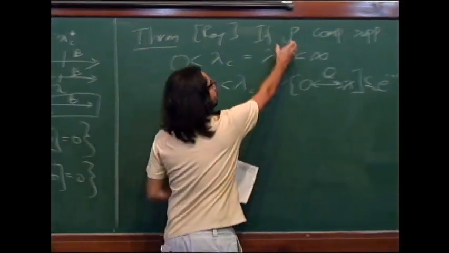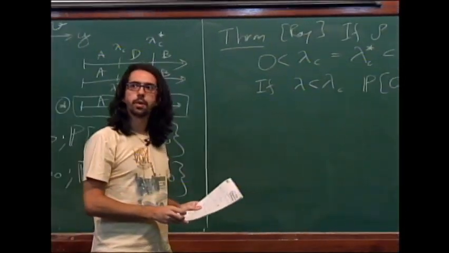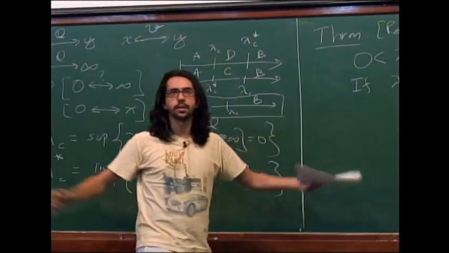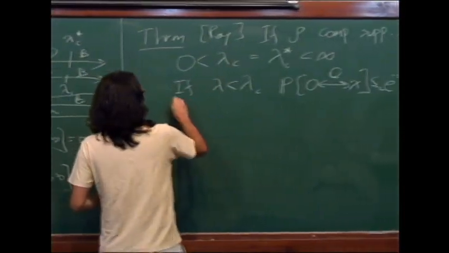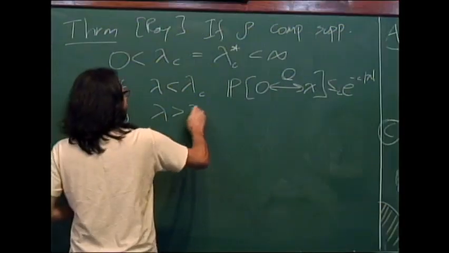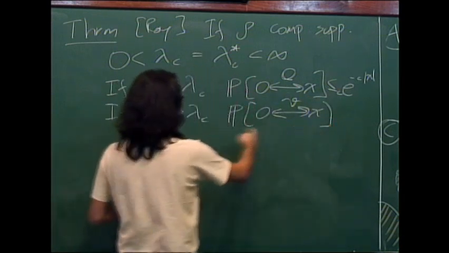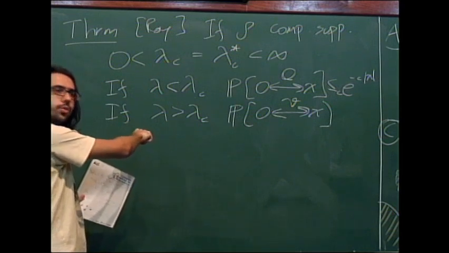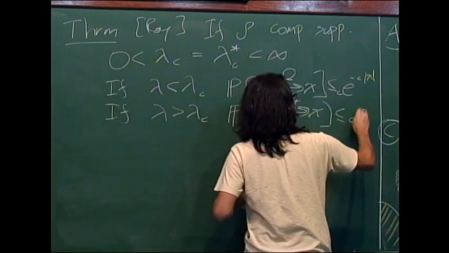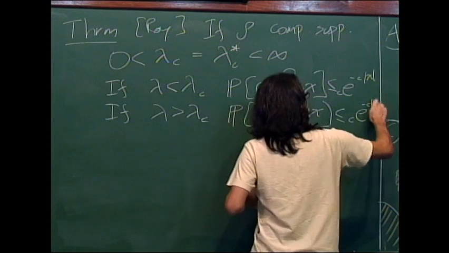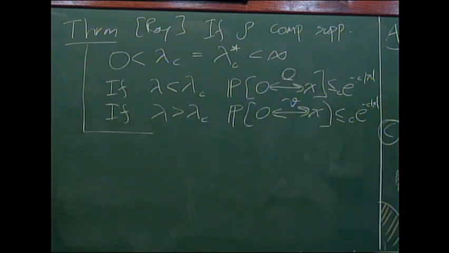But this is for bounded support. I'll explain soon what happens if you take unbounded support. Then the balls could be so big they breach the gap. And on the other hand, if lambda is bigger than lambda c, the same happens for the vacant. The vacant is dead now, cannot be connected to infinity, but actually cannot even go very far. And this is the general picture everyone expects, because it not only holds for bounded support, but holds for other random media models, like Bernoulli percolation, which is a discrete counterpart to this.